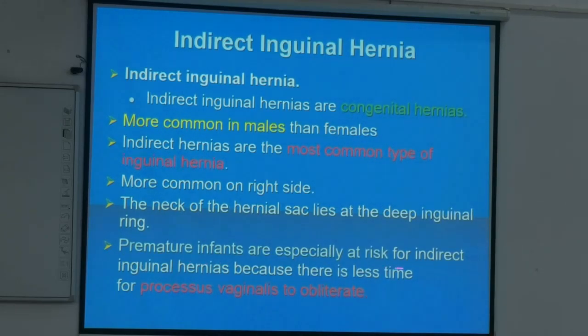Premature infants are especially at risk for indirect inguinal hernia because the abdominal wall muscles are not properly developed and the processus vaginalis is patent because there is less time for the processus vaginalis to obliterate. So there will be a direct connection with the peritoneal cavity, and contents of the abdomen like gut or appendix, Meckel's diverticulum, etc. can enter through this direct connection. Next,